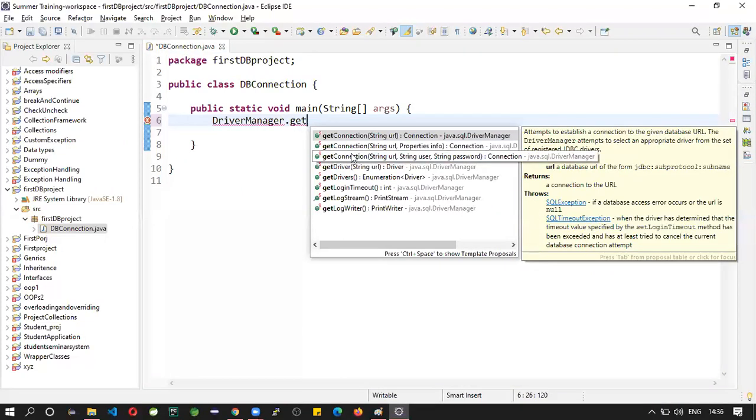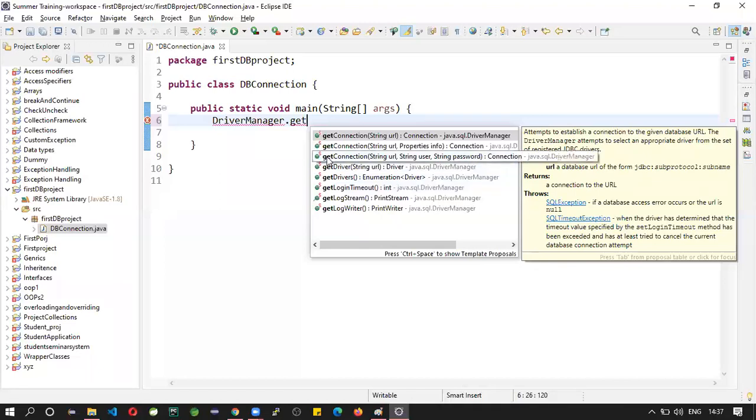If you notice, you have three methods, right? These are nothing but overloaded methods. Okay. So let us see. The first getConnection method is accepting only one argument, which is of type String. Next one is another overloaded method, which is taking two arguments. First one is of String type and second one is of Properties type. Properties is also another type. Whenever you go to web applications, you will see properties files.